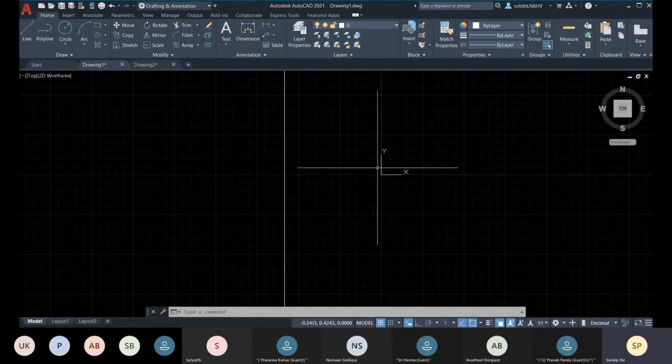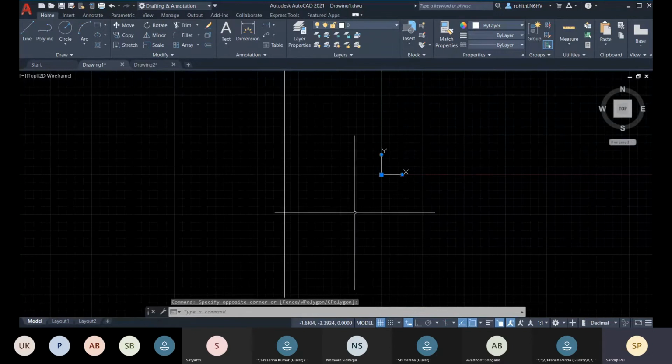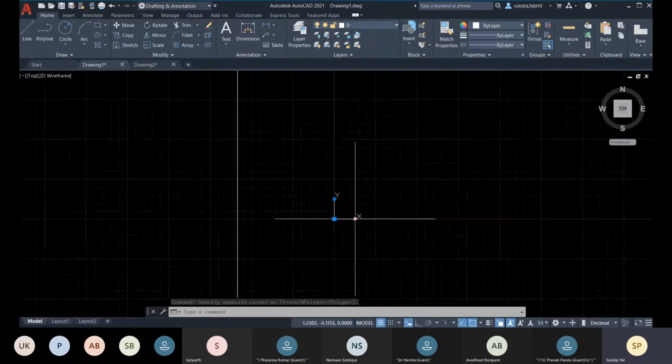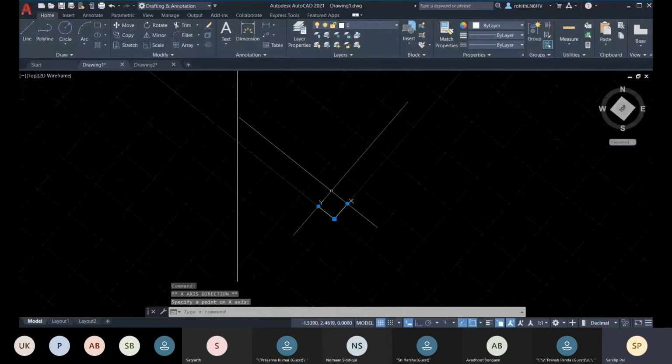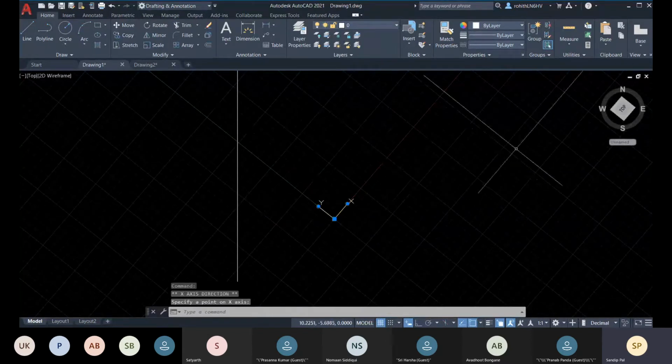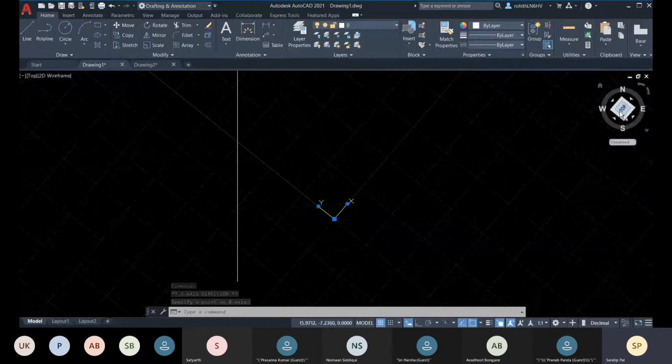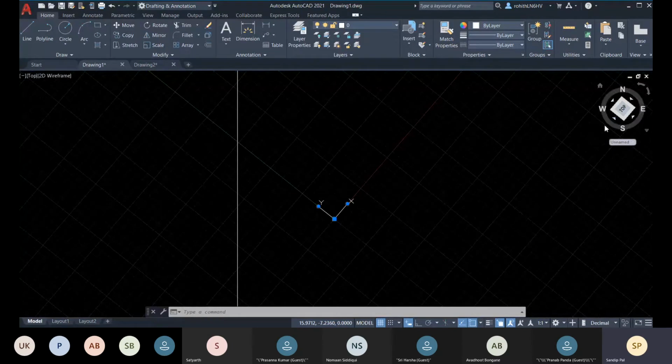Okay, so let me change here. Let me select this UCS icon right now, and here let me do the change. Let me change the x positive direction and y positive direction right now. And now you can see that your view cube is changed, right? Your front is changed, your left direction is changed, right?